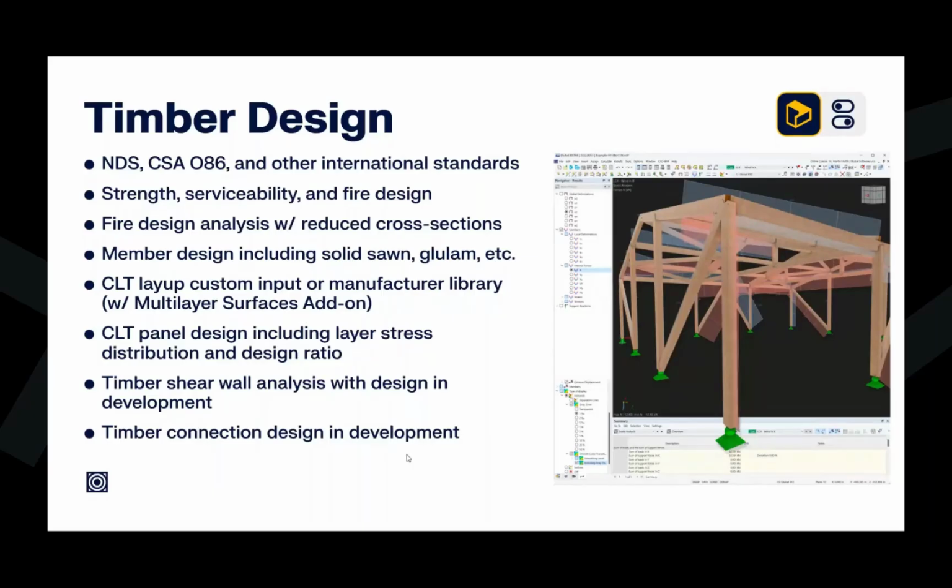So this is available within RFEM now. Now the design is currently in development, so we plan to release that in the next coming months to, again, give us that design ratio according to the NDS and CSA standards. So we're almost there with that. But in terms of modeling those elements and taking into account the stiffness in the analysis model, this is possible